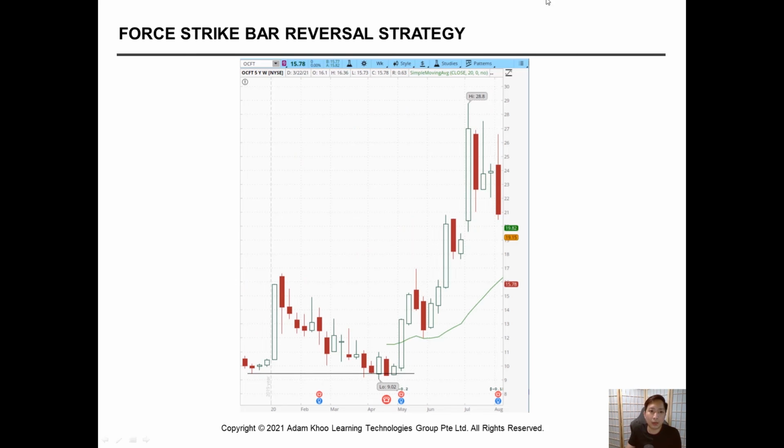And we also have OCFT, which is a China cloud company that's being listed in the US. So basically, it went IPO, I think in late 2018, the price goes sideways and then there was a pump up in the price. But what happened later on is the price slowly grinds down. And I was watching this very carefully, at this low, at this swing low level, guys,